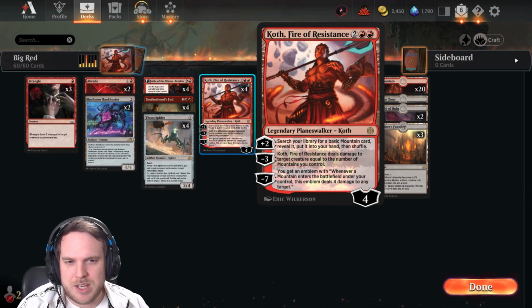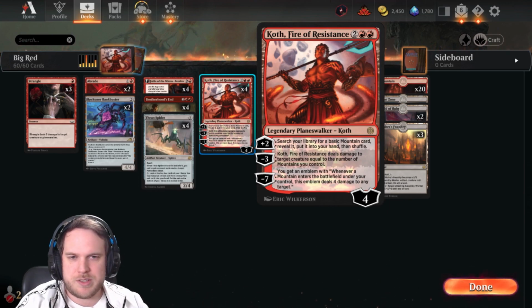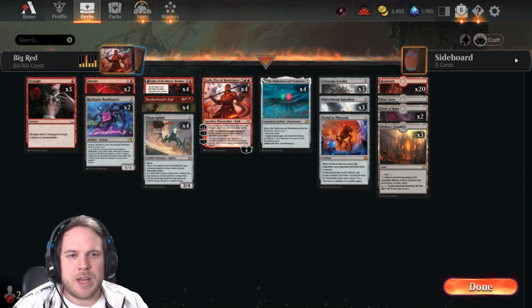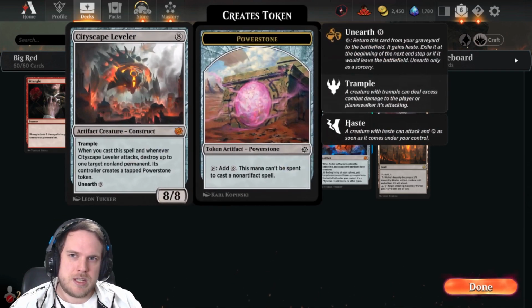Under the -7 here, we get an emblem with whenever a mountain enters the battlefield under your control, this emblem deals 4 damage to any target. And you're gonna see we had that in one game, and yeah, we crushed it. We play many big spells because it's big red, so we have 3 Cityscape Leveler here, which